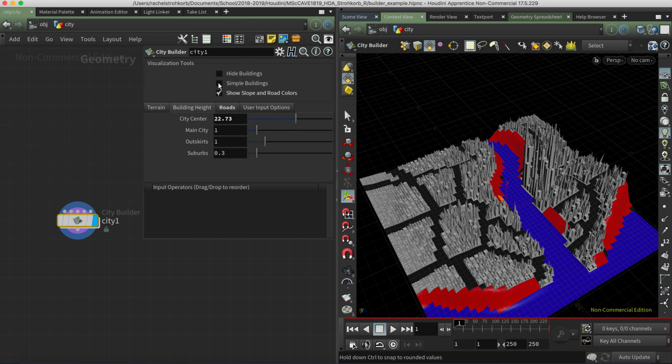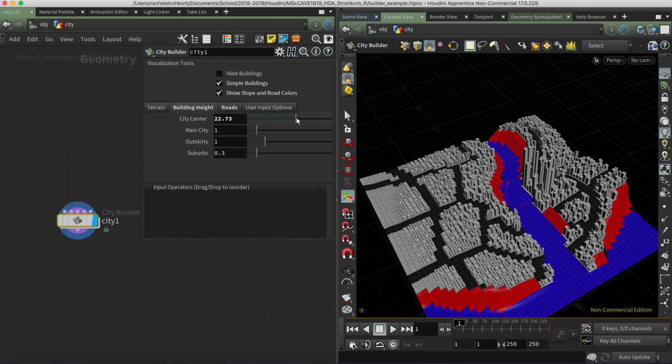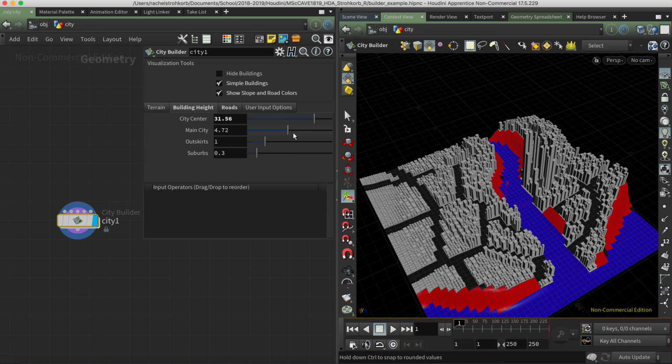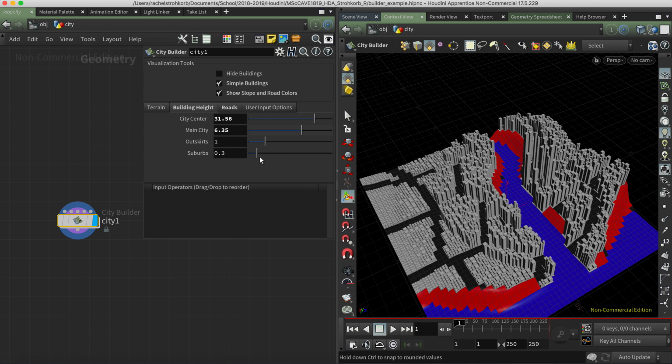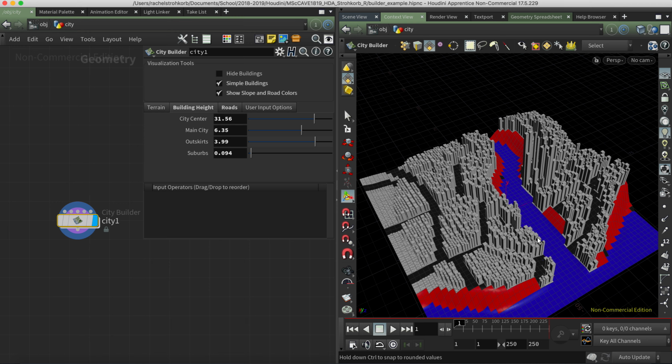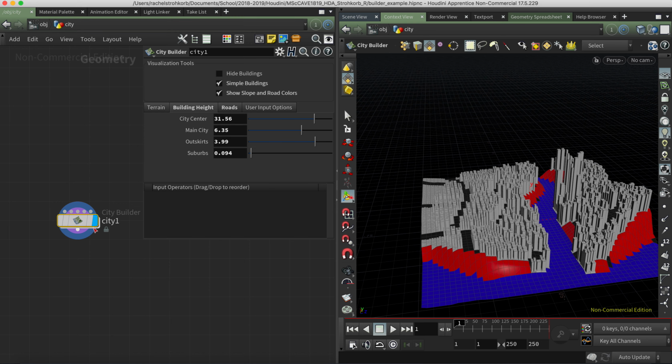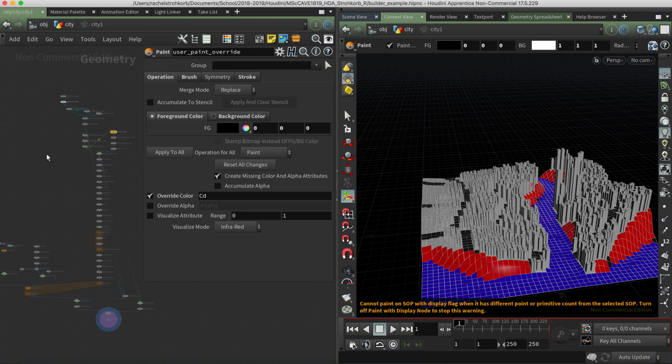Let's turn on simple buildings for this so the process is faster. But yeah, you can change the height of the buildings in the city center. You can make the main city much taller, just make the whole thing tall. But the burbs are obviously pretty short, and the outskirts, you can just crank those settings. It runs circular from the center. So if you want to dive in here and see how it works,